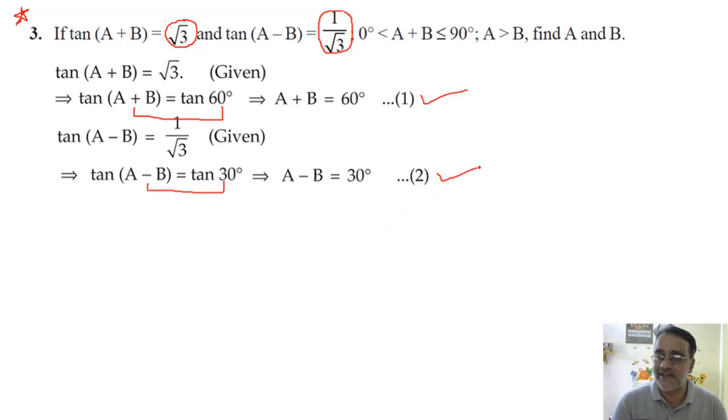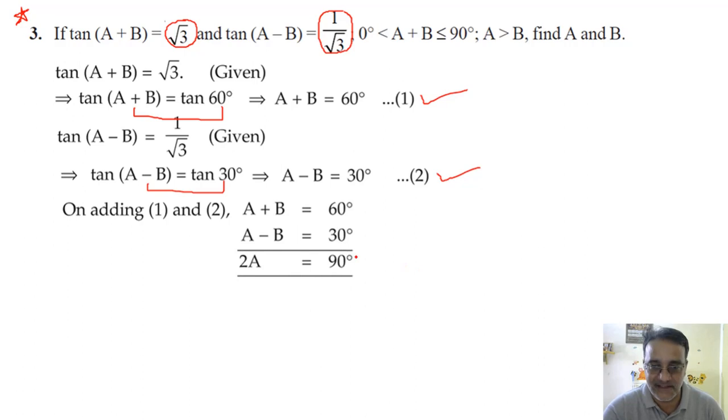Now we have to solve these two equations. I already explained in linear equations that for this we will use the elimination method and check whose coefficient is the same. See, the coefficient of A is also the same and with the same sign. B is also the same but with a different sign. So we go for B. So what we will do, we will add both the equations. So on adding 1 and 2, we get B cancelled. So we get 2A is equal to 90 degree. Any doubt here? No, sir. So what will be the value of A? 45 degree, right.